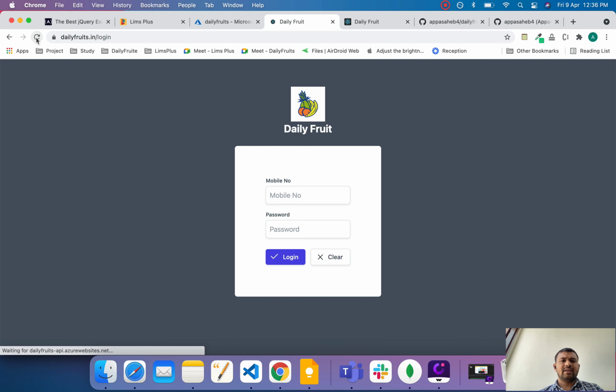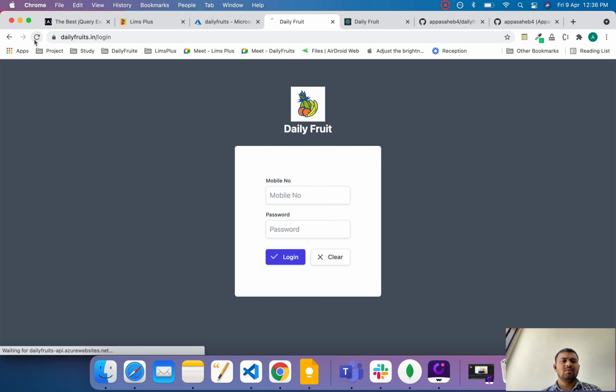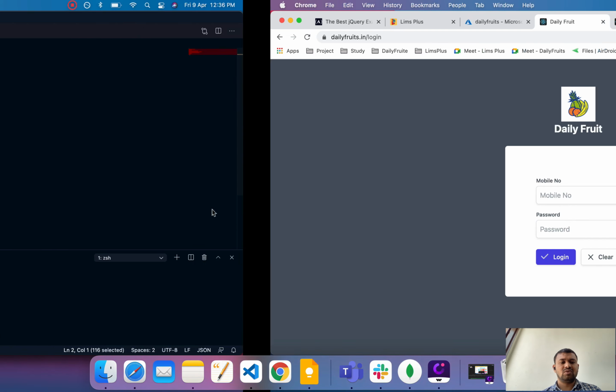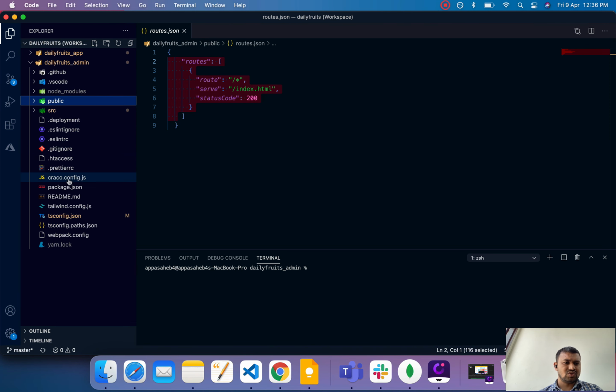If you reload again and it is not working, that is why the router file is needed. Anytime you reload the page you get a 404 page not found redirecting issue, so you need a router.js file. Then you change any file, okay, I will show you.